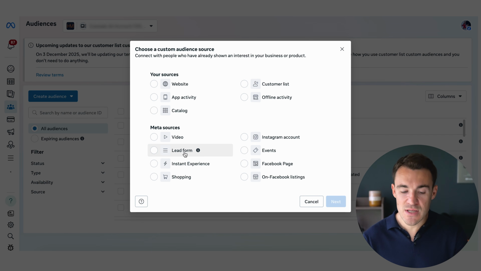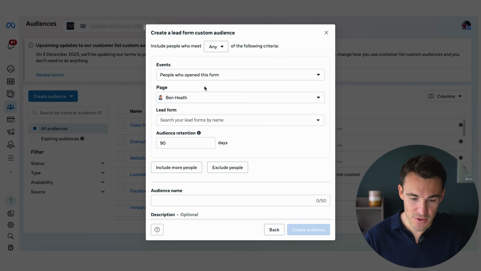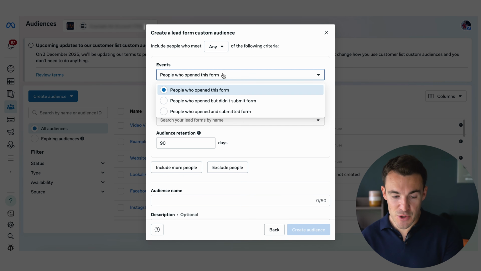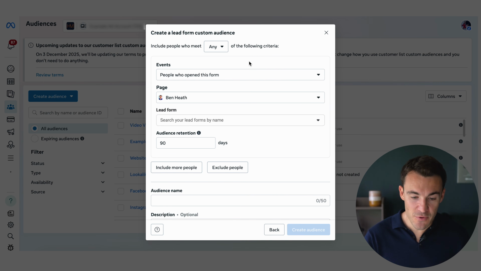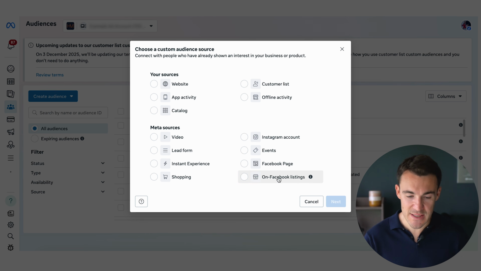If you are using or have used lead forms, this is another custom audience that I create, not one that's going to apply to all businesses. It's fairly self-explanatory. I'm not going to go through it in detail. I'll just click on lead form. Then from events, go with the largest possible option, which is people who opened this form. Make sure you've got the right page, add in the relevant lead form or lead forms in here. Maximum audience retention in this case is 90 days, give it a name and go ahead and create it. Like I said, I'm not going to go through that one in detail because that will only apply to certain